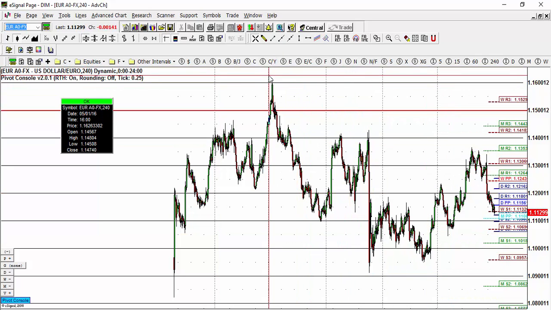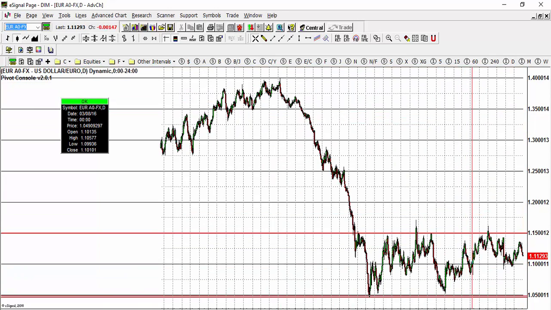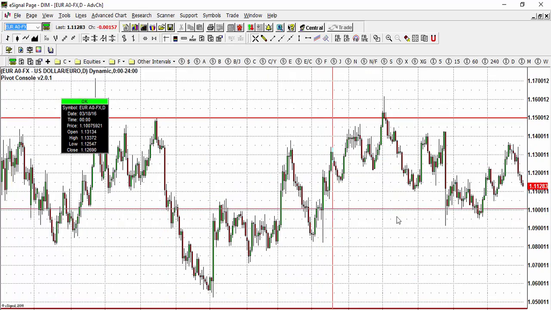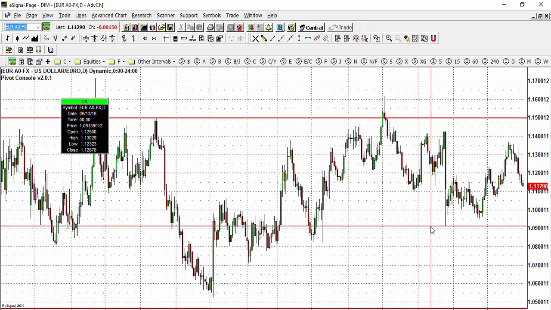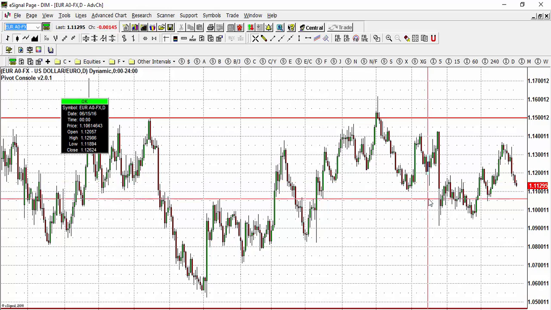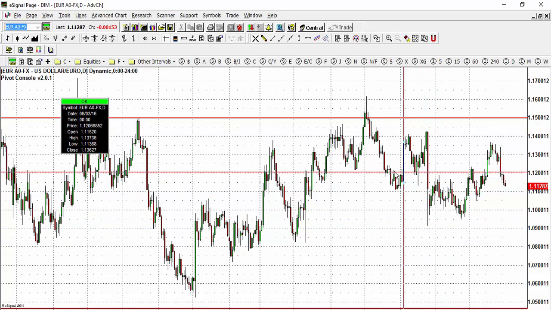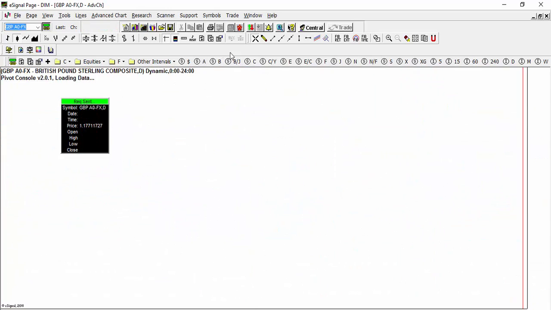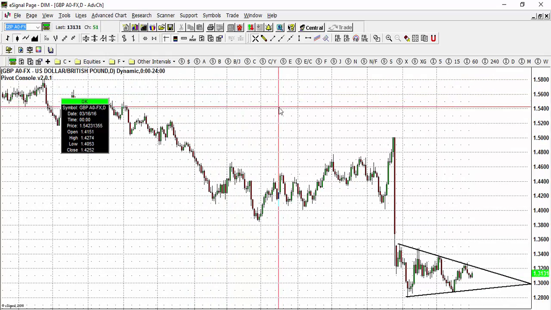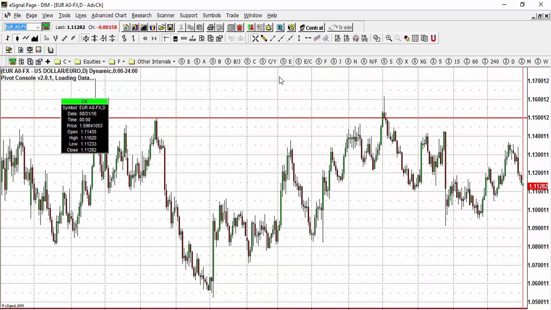Looking at the daily chart, we see the 109 level. It's clearer right here, and this is significant support in the euro, and we'll definitely want to see that support level break. Looking at the British pound, although the euro is down on the day, as you can see,